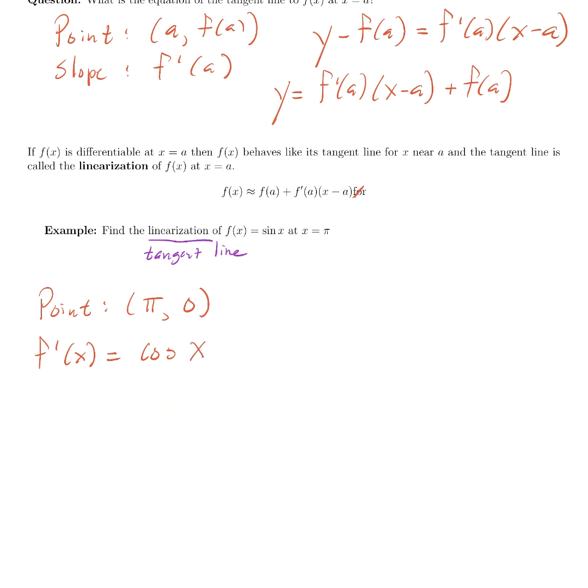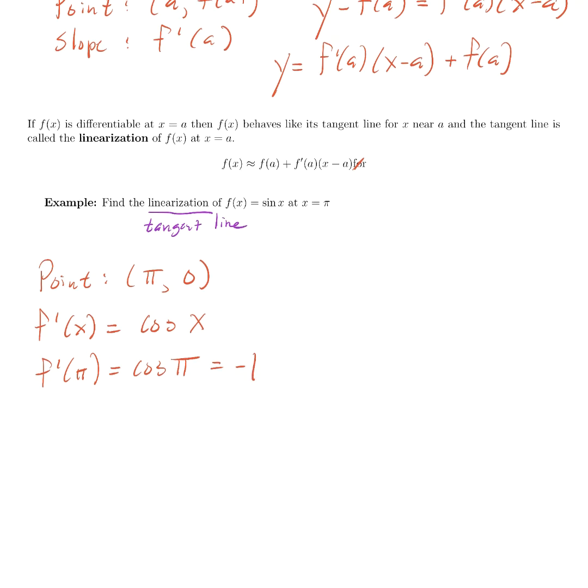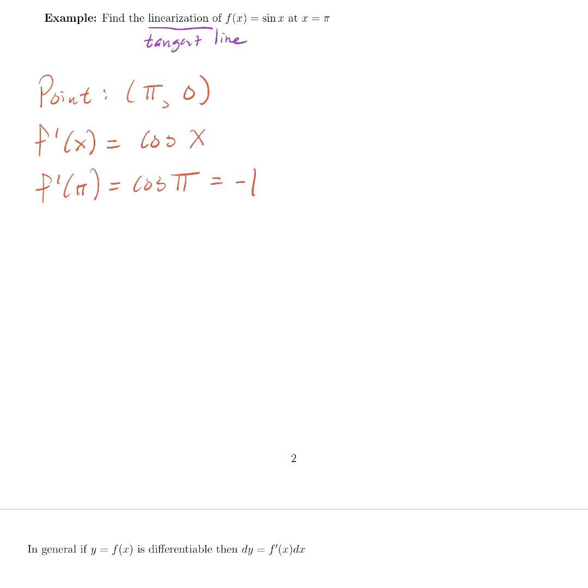The derivative of sine is cosine of x. We need to evaluate that at pi. Cosine of pi is going to be the x coordinate of that point, so that is -1. So the slope of our tangent line is -1. It goes through the point (pi, 0), and so the tangent line